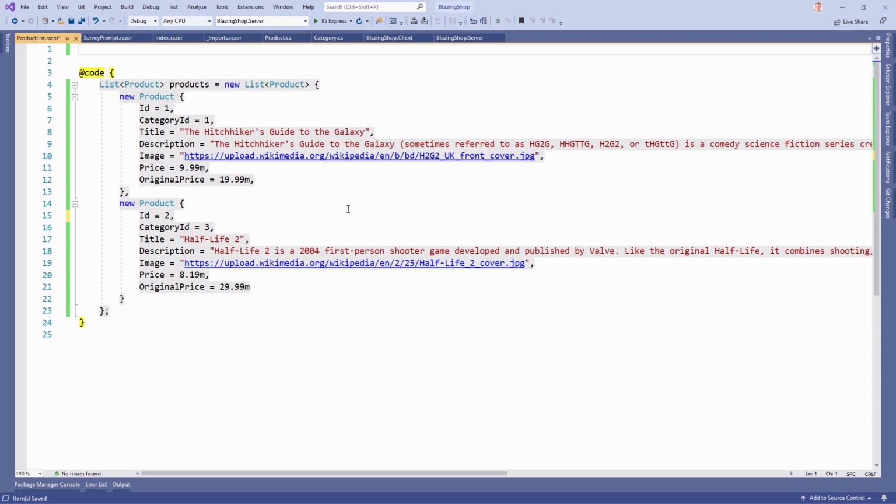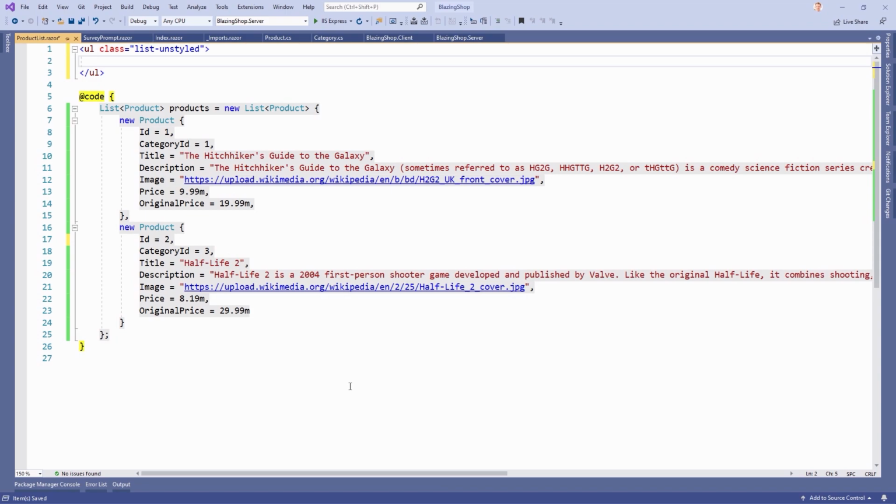So what I want to build with this is just an unordered list that will then display every single property of a product. So we start with the unordered list, and we also add a class. I have to mention maybe that we've got Bootstrap here, the CSS framework or the CSS library, and with that there is a bunch of classes available. So first we add this unordered list, and then what we can already do is we add a for each,